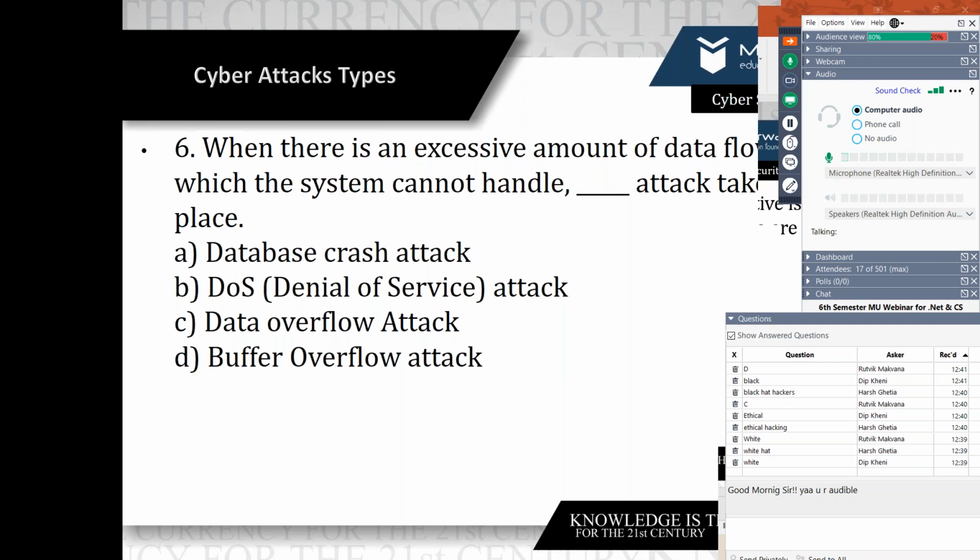This attack can cause a system or application crash and can lead to malicious activity or a malicious entry point. So that's why the answer is the buffer overflow attack.